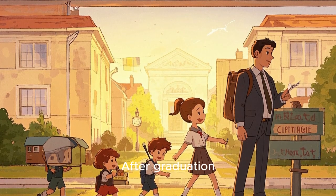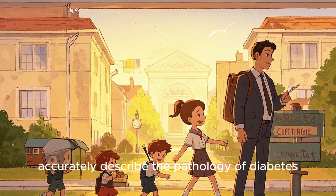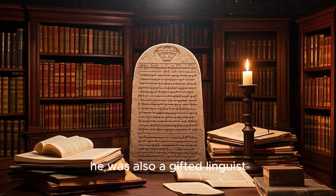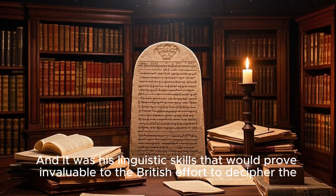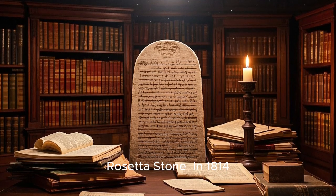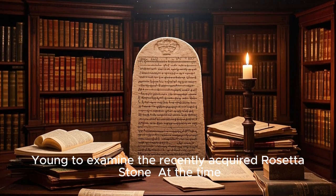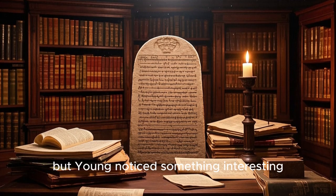After graduation, he studied medicine and became one of the first physicians to accurately describe the pathology of diabetes. But Young was not just a brilliant scholar and doctor, he was also a gifted linguist. And it was his linguistic skills that would prove invaluable to the British effort to decipher the Rosetta Stone. In 1814, the British government asked Young to examine the recently acquired Rosetta Stone. At the time, nobody had been able to read any of the text on the stone, but Young noticed something